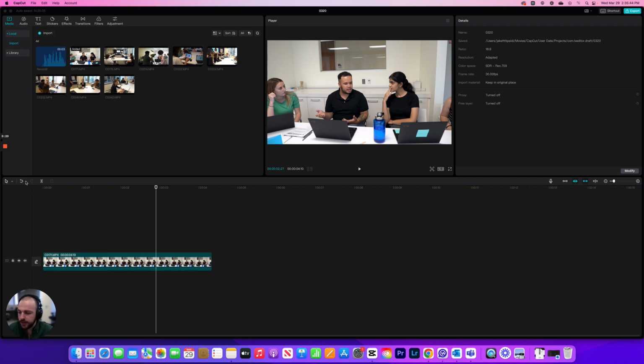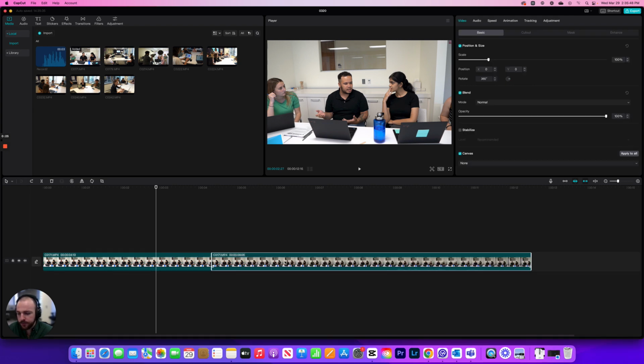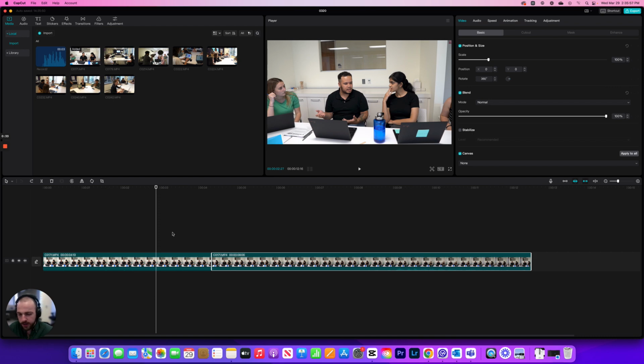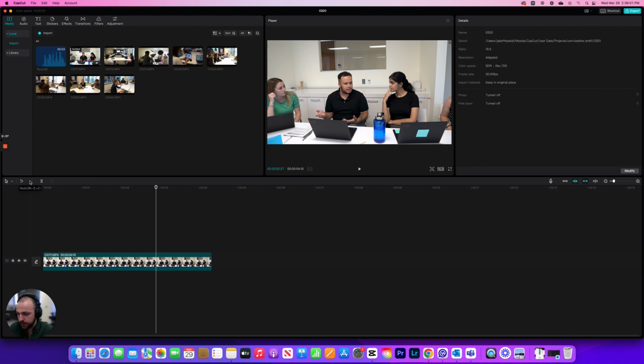Right over here on the left, you'll see the undo button, which I just click, and it brings up a clip that I had put there previously but then deleted. If I wanted to redo that, I would just click the redo arrow. You can also use Command Z to do the same thing. These are very simple tools, so you'll probably use them all the time. But for now, I'm just going to delete that so we can move on to the next tool, which is